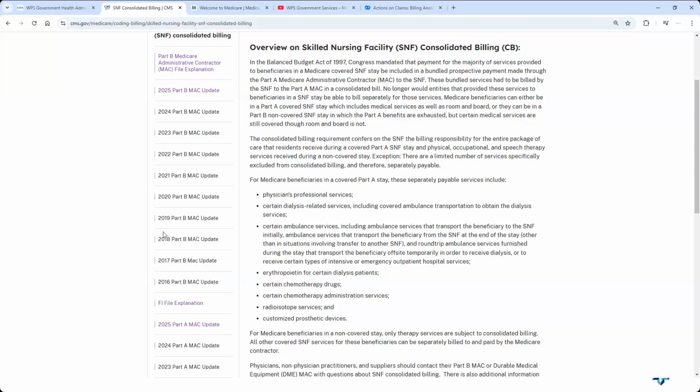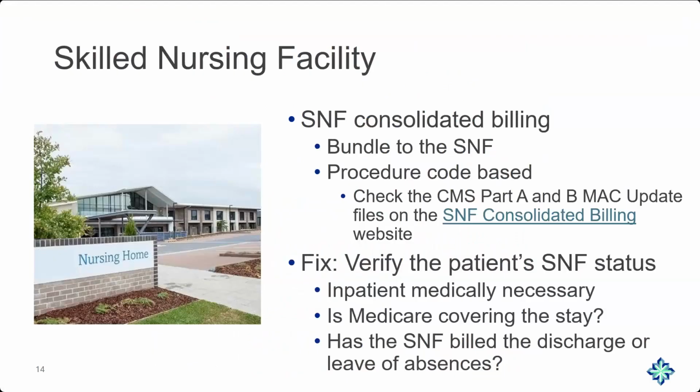You're not going to get it all with that simple explanation. And the last one, we'll talk about therapy services, which is outpatient rehabilitation therapy services that always must be billed. So you can go through those different updates and take a look at that. Hopefully that gives you a base resource. I will tell you that we are teaching courses on this because there's a lot more that goes into it. And because it is such a complex topic, I don't think I would have time to get through all of it today.